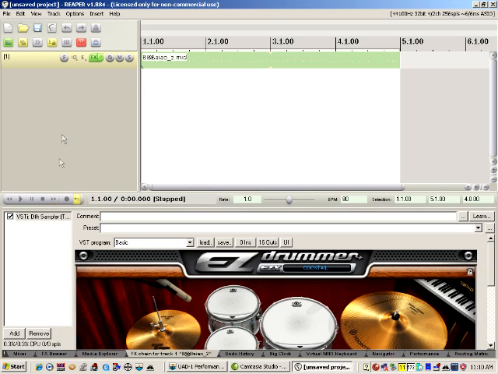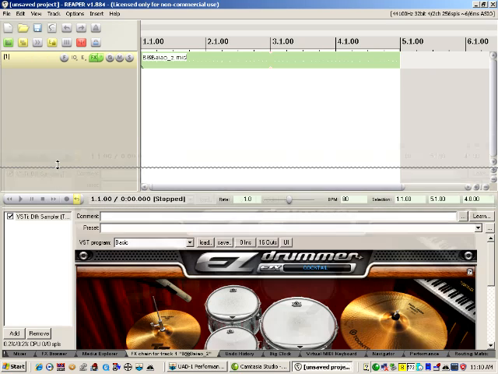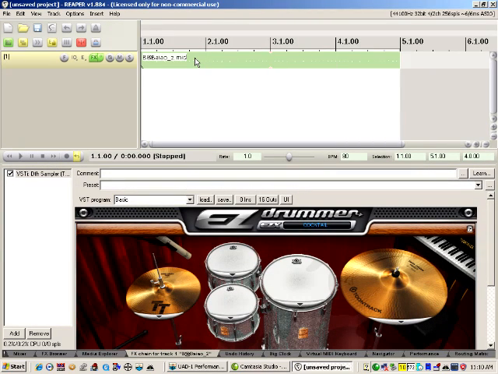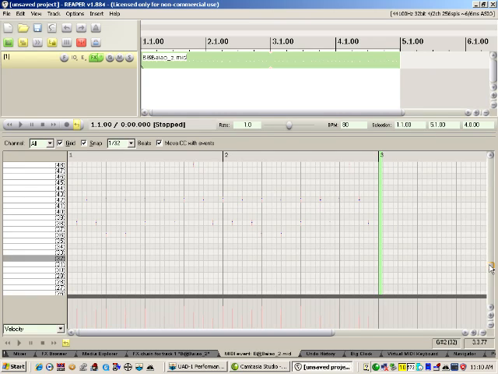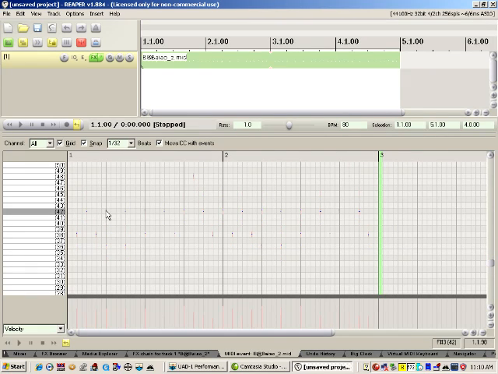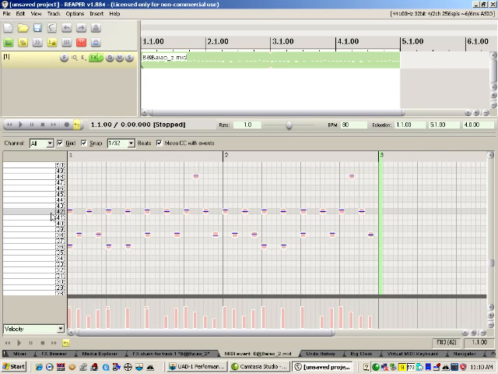Okay. Also, what's also nice is if you go ahead and go into the MIDI editor, you will notice here are the MIDI note names. Let's go ahead and stretch these out so we can see them more clearly. You notice there's no drum names here. It does not have a drum map, but there is a drum map